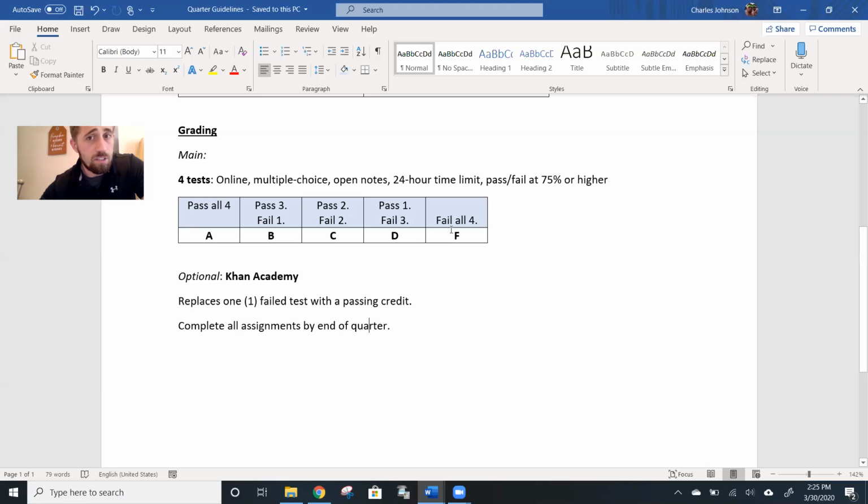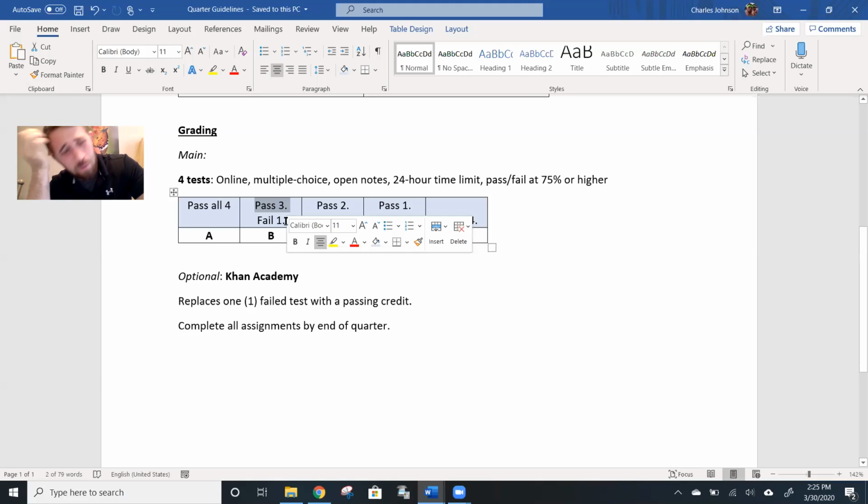That means seniors who have been lost as a duck and did their homework, you get a D in the course. You've passed. If you're somebody who's passed 3 tests and you're like, I failed one, that was a stupid mistake, I know what I was doing. There's no retakes or makeups, but if you've done the Khan Academy, it replaces that failing grade with a passing grade. You're back into the A range.